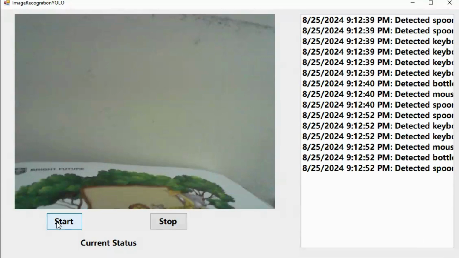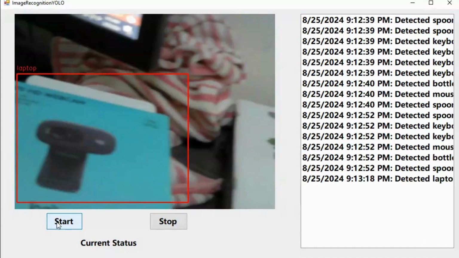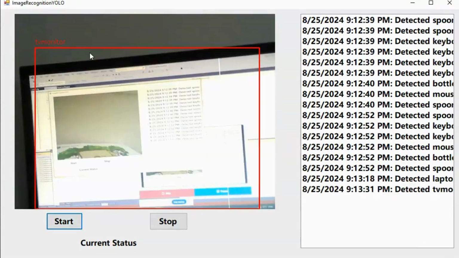And one other issue which we are noticing is that it's showing multiple boxes. So in the next lecture we will also focus on that, so that we will only get one box per item. And here it's showing the laptop, and we have detections like spoon, keyboard, bottle, now TV monitor. So it's displaying the time at which the detection is being performed, and it is also showing the